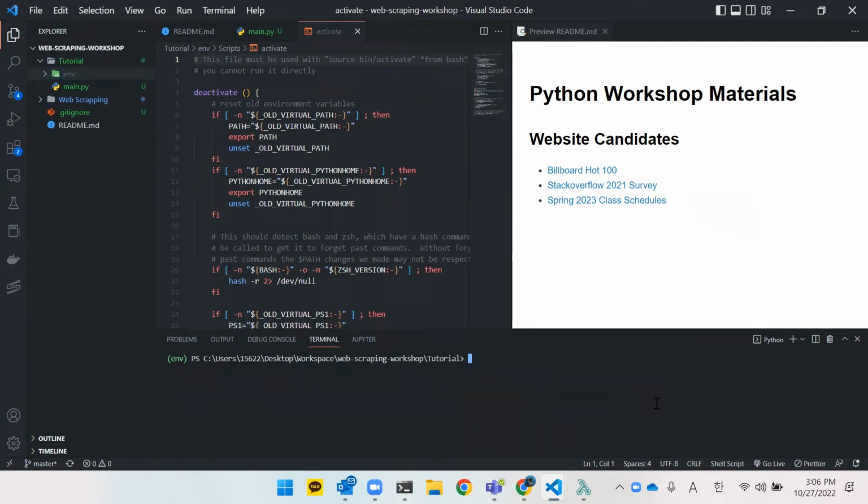Are you guys okay with the environment setup so far? Okay, cool. Then we can move on to actually installing the libraries. So we can do pip install Beautiful